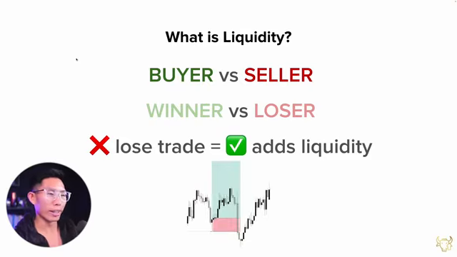So this is what it kind of looks like, right? You are a retail trader, you get your trade stopped out because smart money is smart enough to know that you are an easy target and purposely push the price down to trigger your stop loss. You lose your hard-earned money, and they make a lot of money.